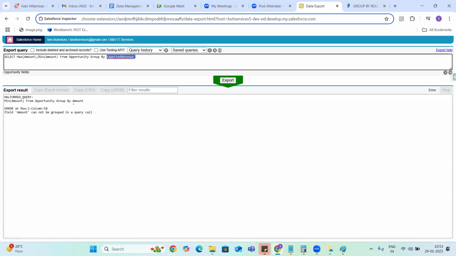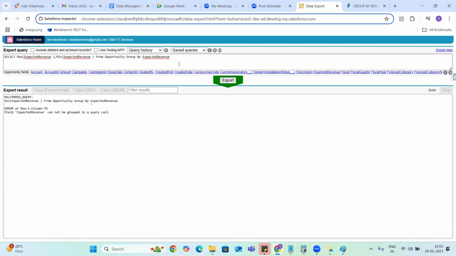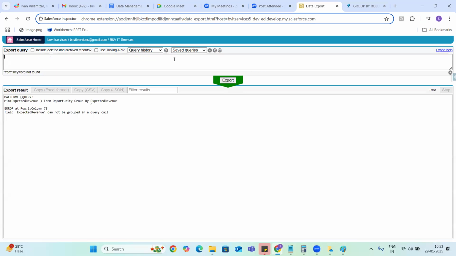Let me use this field. So basically, these are kind of formula fields, guys, amount and expected revenue. Because of that, we couldn't use them in the group by clause, because, you know, formula fields get generated, calculated on the fly.